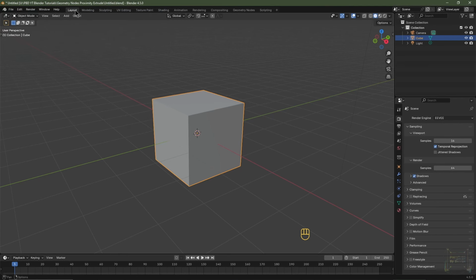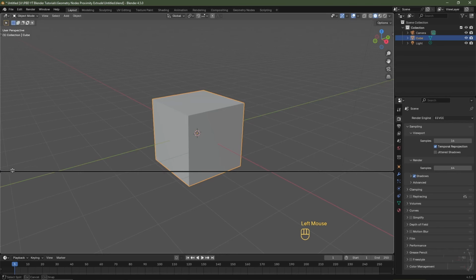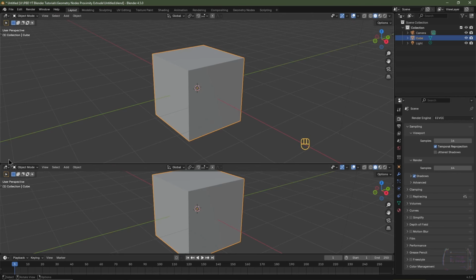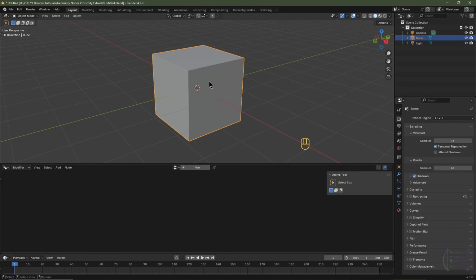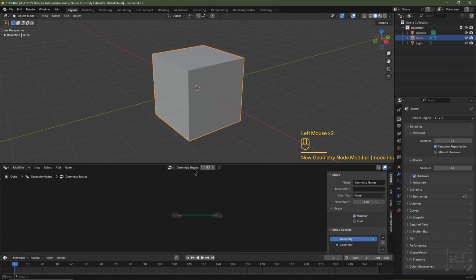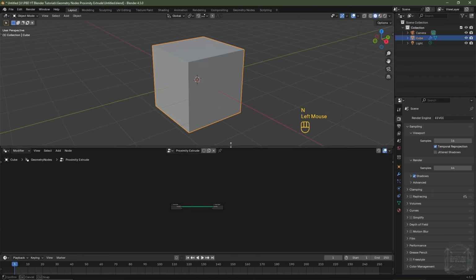I'm in the Layout View tab up here. I'll then take my cursor to the bottom left until I see a crosshair. I'll then left click and drag up and open up a new window. I'll then change this window from the 3D viewport to the geometry node editor, and with my default cube selected, I'm going to click New. I'll then rename this to Proximity Extrude, and in my geometry nodes window I'm going to hit N to hide the end panel,